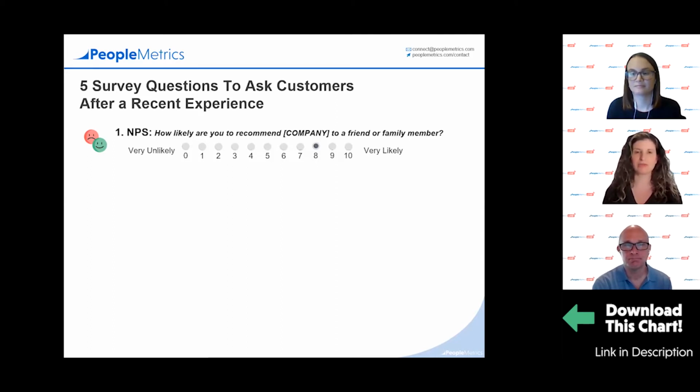And the other thing is, we know people don't like NPS. We've heard that, but it's been shown to reduce churn and is a useful tool when looking at your customer experience data. And so we highly recommend that you use it as sort of a table stake measurement at this point. And it can be used to benchmark against other like companies,